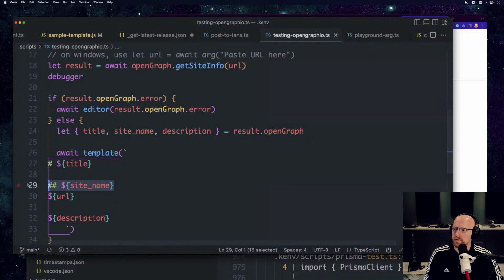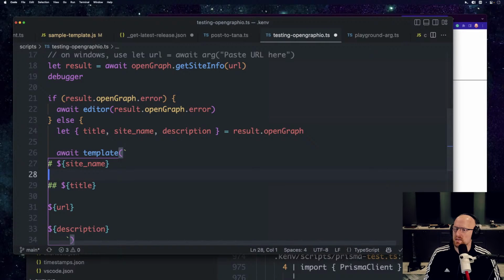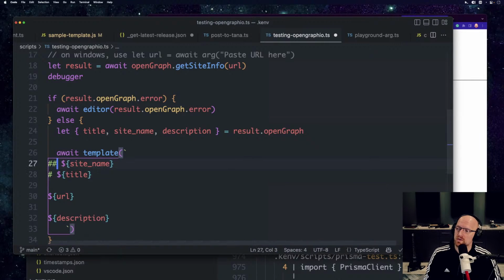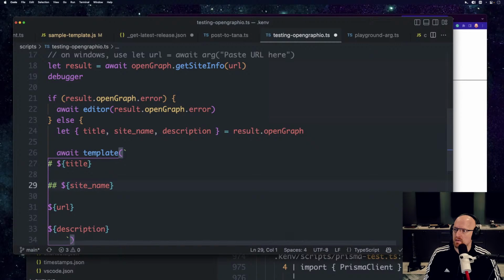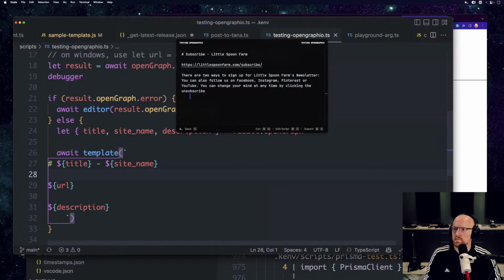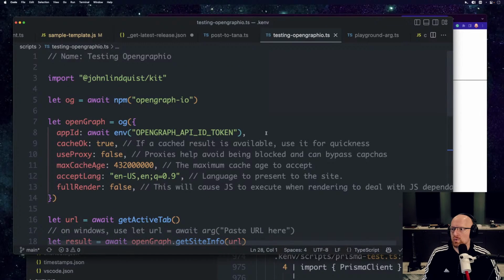I'm just trying to figure out if I want the site name on top or if I want the title on top. Which, in my mind, has more importance, the name of the site or the title? I guess the title. Maybe we'll do this. Yeah, to me that looks pretty good. So I'll go ahead and